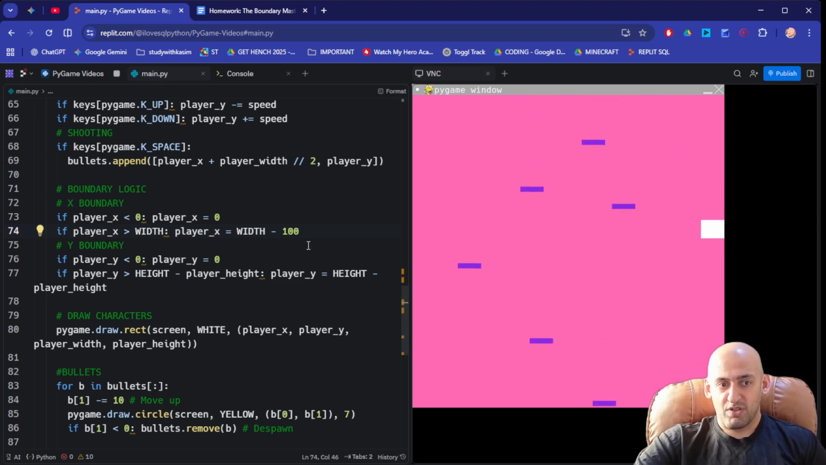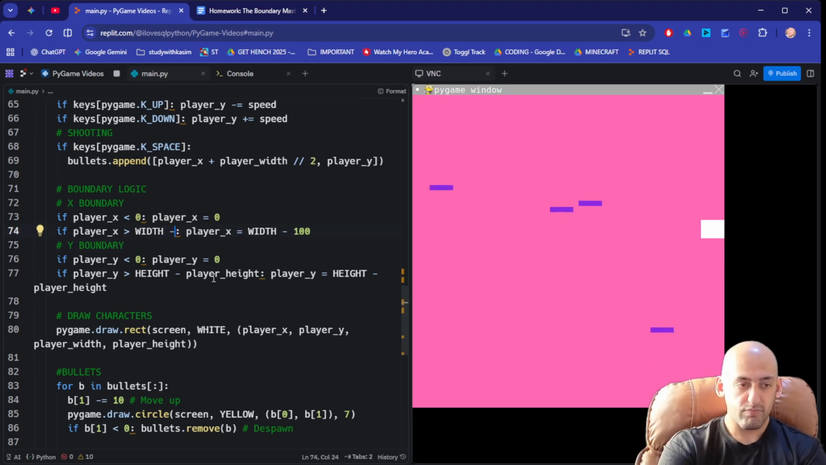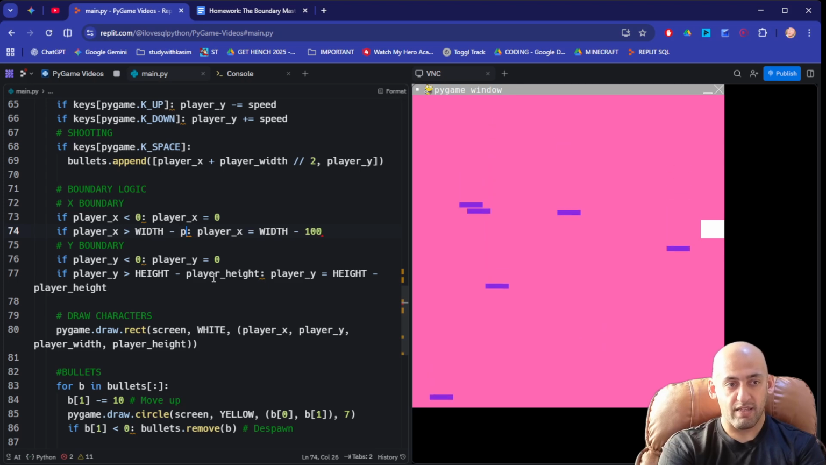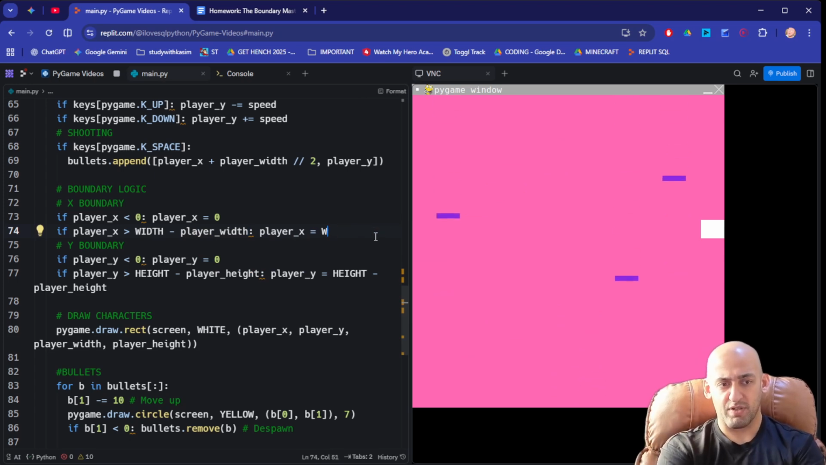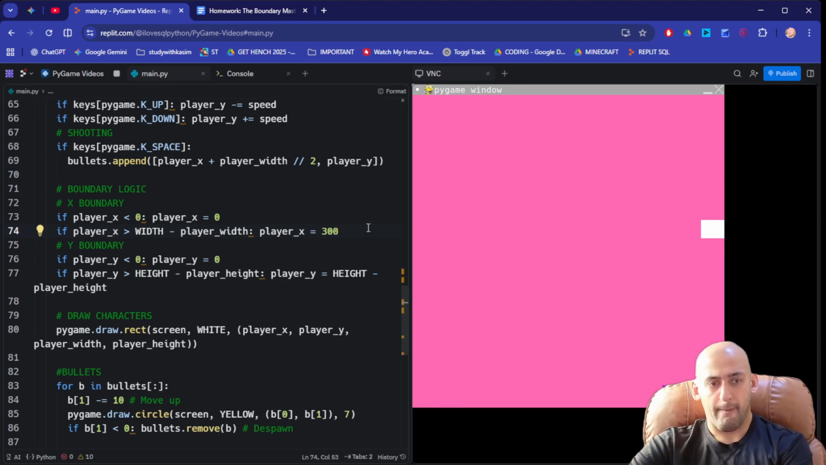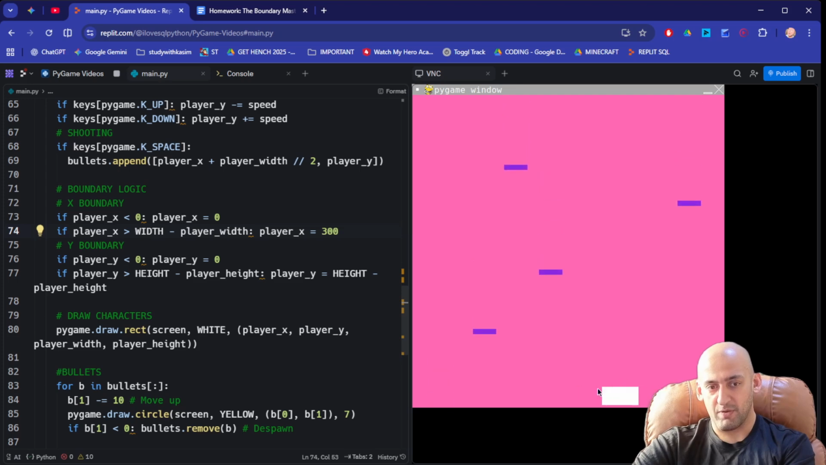So we want to change this, right? Because we want to take into consideration the player width. So what do we do? Well, we say when the player X is greater than the width, take away the player width. Then let's put this as something like 300, just so we can really see it. Now look what happens. As soon as it touches, player X is 300, which means it goes back to the